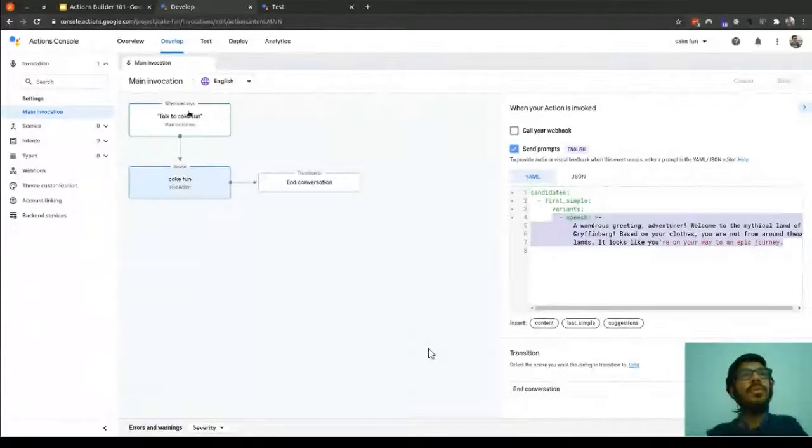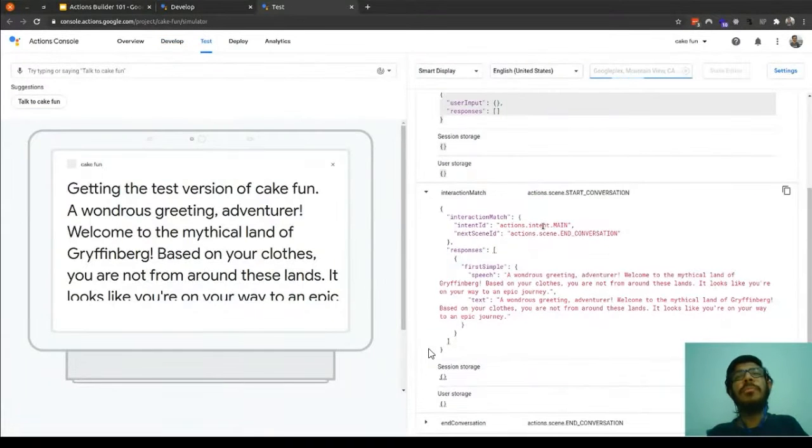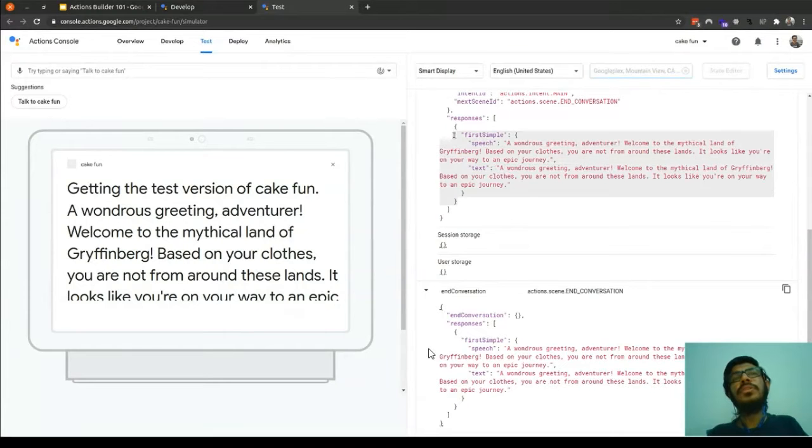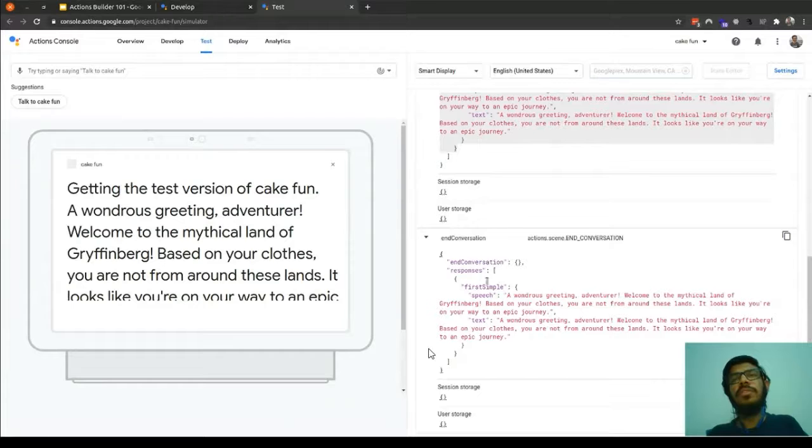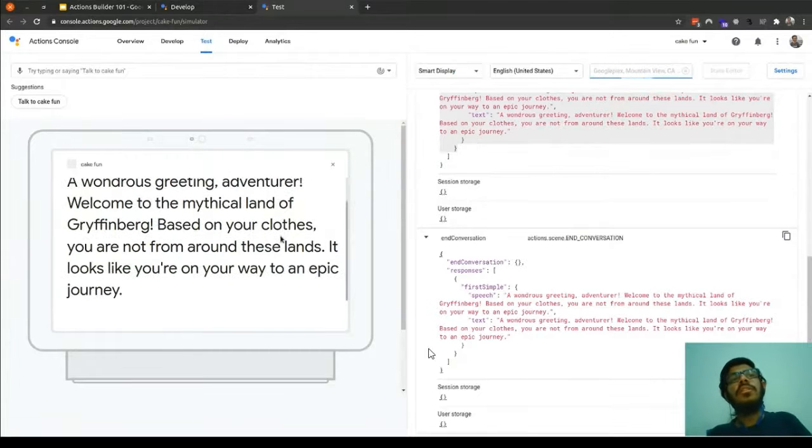It is the main invocation, so it maps to the main intent, and this particular speech is being written by the action to the Google Assistant, the speech and the text. Once this part is given to the user, it ends the conversation because we have nothing assigned after that.